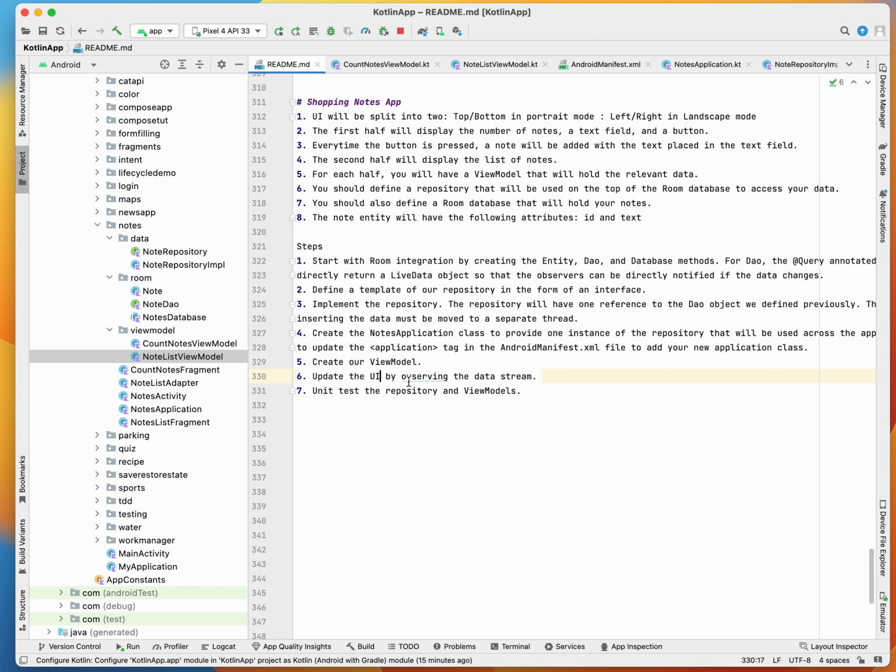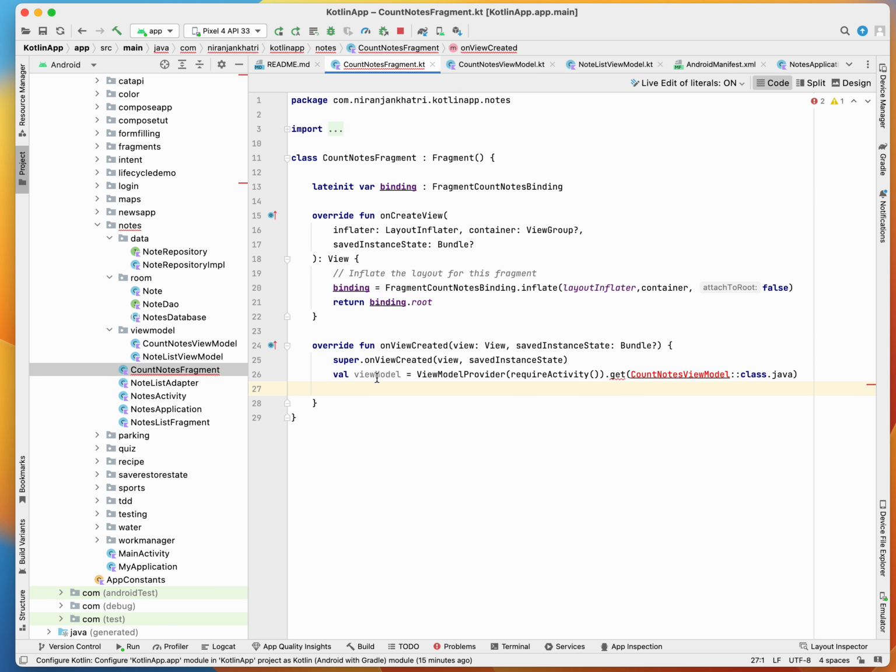Okay, we have to update the thing. So we have to observe our data stream and update our UI. So let's go to our UI, which is first UI is count nodes fragment, right? So we have to import the count nodes view model, and here we observe our data stream and update the UI. So how? Let's go there and update our